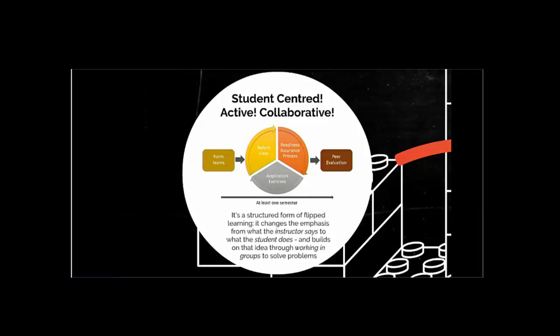And then after this is over, you'll solve more complicated so-called application exercises as a team. And then in the end of the semester, there is peer evaluation, which means you have to grade each other's work as a team. I think we are going to do it 3 times overall, maybe even 4 times. So if we do it 3 times, then maybe only one of these 3 times is going to be counted officially as a part of the grades. If it is 4 times, then maybe 2 out of the 4 will be affecting your grade. But anyway, there will be peer evaluation.